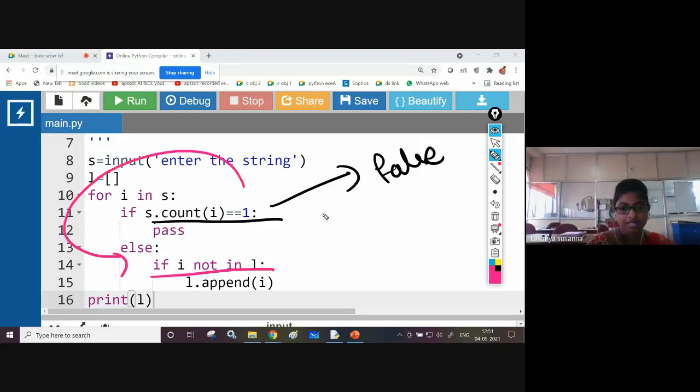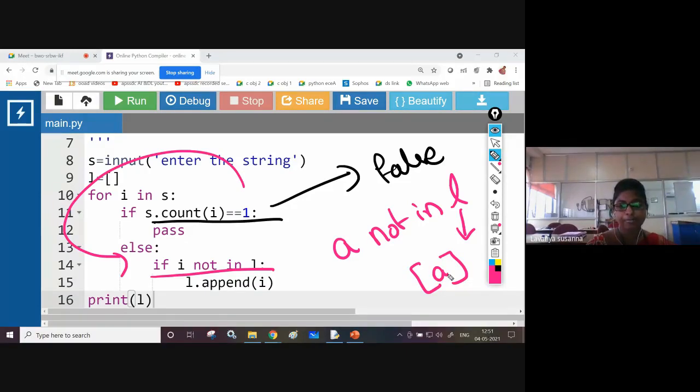What is present there? If i not in L. i means A. A not in L? L contains only A, which we added in the previous step. A not in L is false. When it is false, you are not appending. Already A is present in the list, so no need to append.